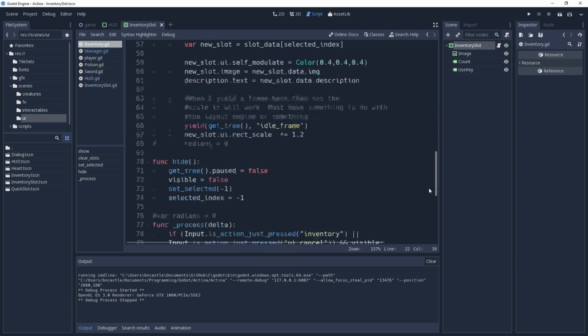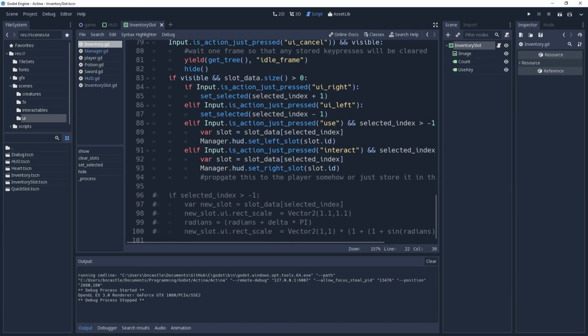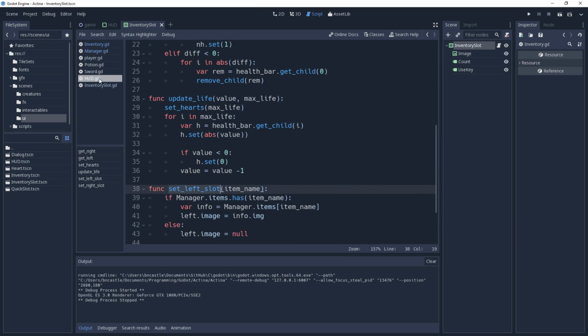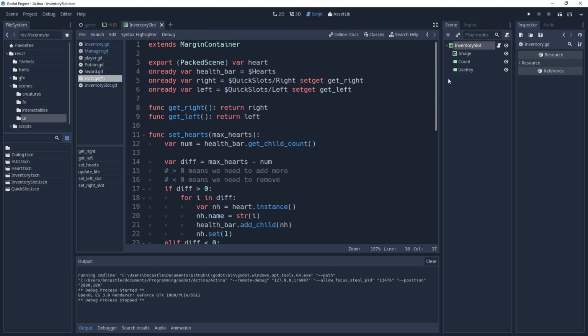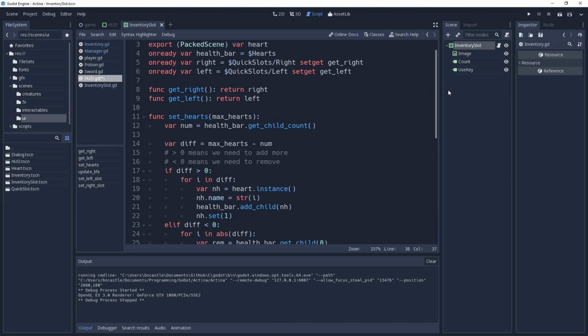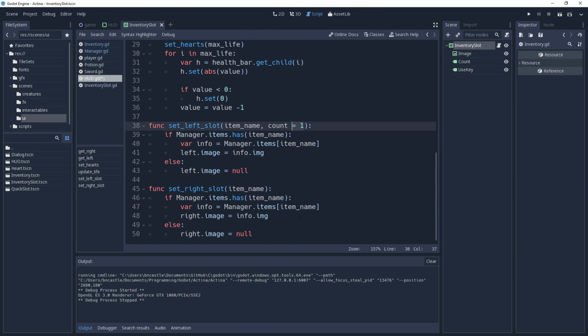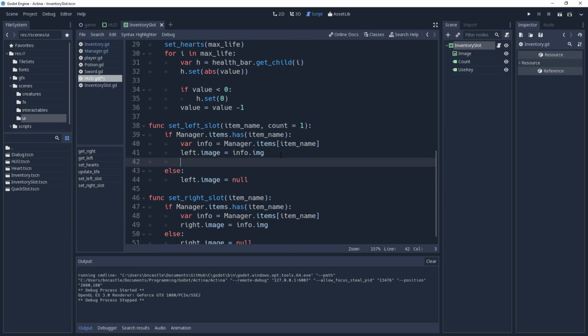so that would be UI.count. So if we wanted to see that, we'd say slot.ui.count. So if we wanted to set the right slot, we need to add an additional parameter. And we say count equals 1, so we'll just give it a default value. And then we'll say, we already have that, don't we? No, but we can get to it easily. We can say left